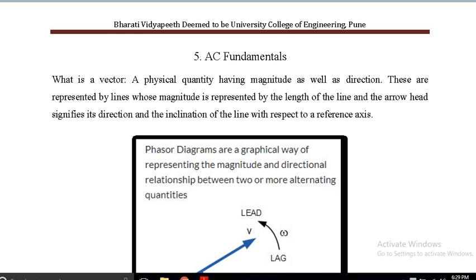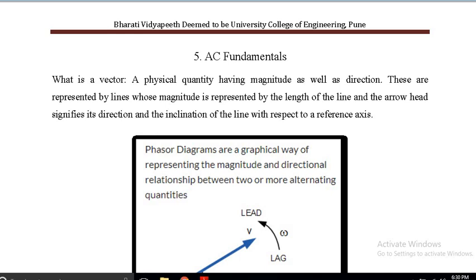Okay, then we talked about how the equations I is equal to Im sin omega t or V is equal to Vm sin omega t are written. Then we also talked about that whatever is written after sine in bracket, omega t, is always in radians. So instead of changing your calculator mode to radians, I insist always that you multiply it by 180 by pi so that you are converting the thing into degrees, and there is then no need to change your calculator mode from degree to radians. Because for the rest of the whole calculations as far as this particular subject is concerned, it is all in degrees. So only for these numericals in AC fundamentals you'll need the phase to be in radians.